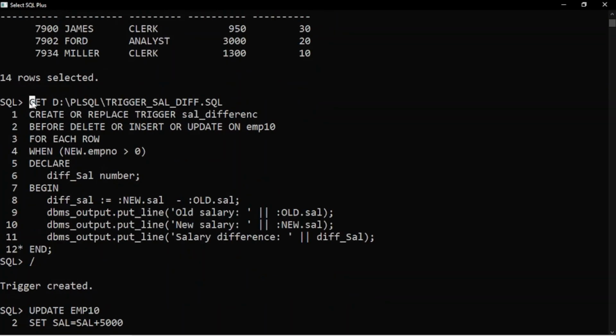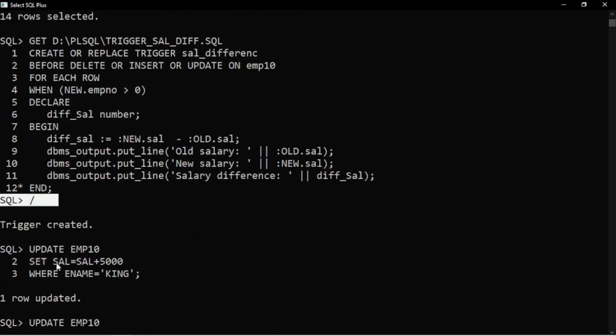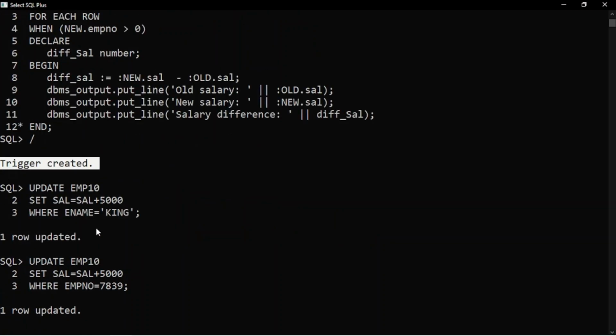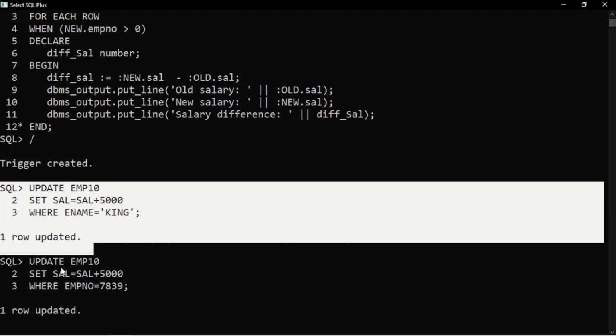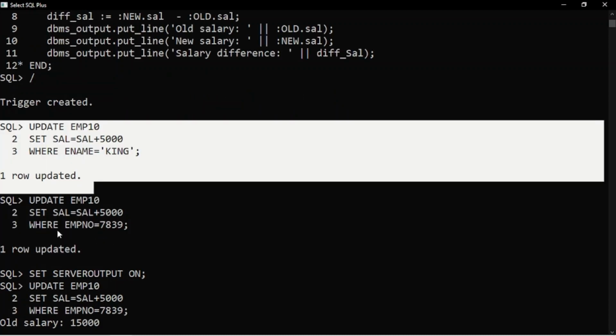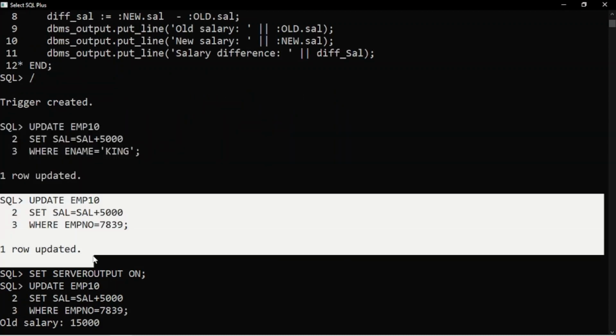Then what we have done, we have got this definition of trigger, we have executed here, and then we have got trigger created. After that I have updated, but because the output function was not working, we were not able to see the result.